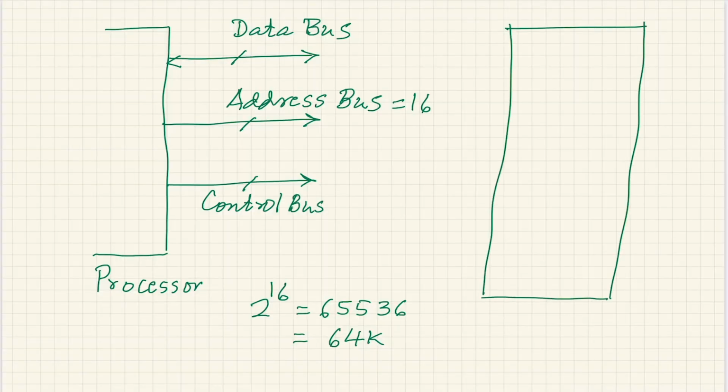So, it is going to start from first location and we will call this 0, 0, 0, 0, 4 nibbles to specify the address. Each nibble is 4 bits. So, 4 digits means there are 16 address lines, and the last location will be F, F, F, F, that is all ones, and therefore, this has 64K locations.